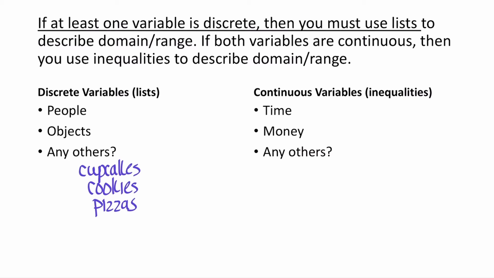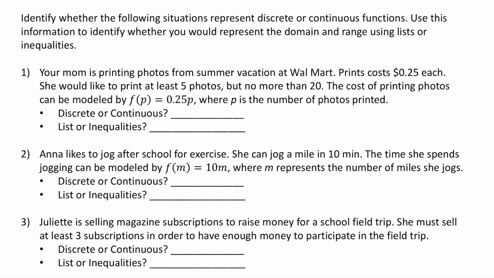Continuous variables are things like time or money, where we can use fractions or decimals. So let's look at these situations and identify whether they're discrete or continuous. You may want to pause the video and try these for yourself before I give you the answer. In question 1, where your mom is printing photos, it's going to be discrete, and we're going to use lists. In question 2, where Anna's jogging for exercise, it's going to be continuous because we're talking about time